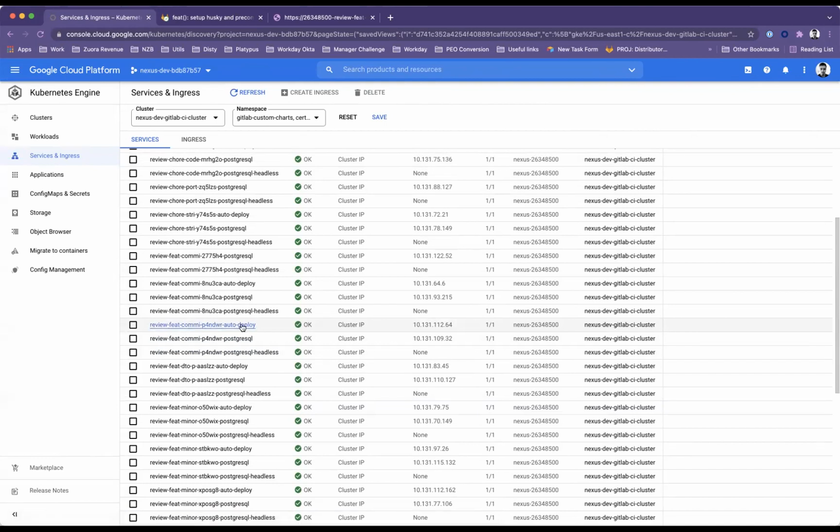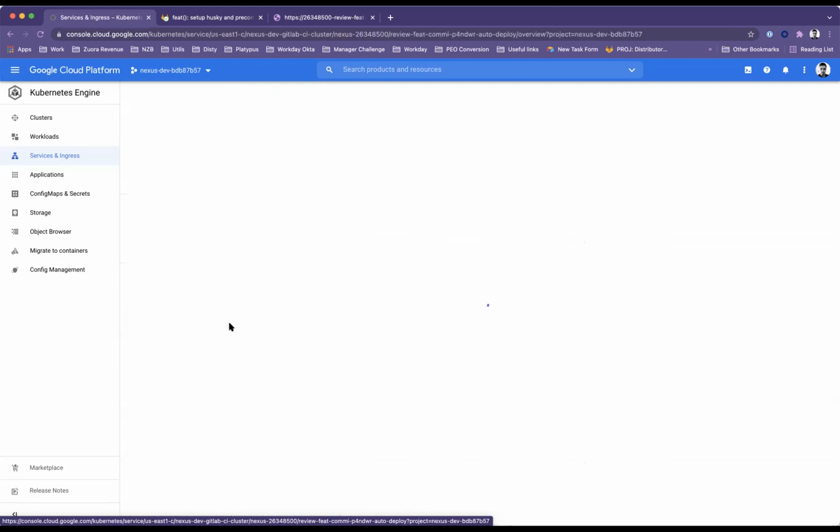Anyway, the one that you want to look at usually is the auto deploy one. There's generally 3 with every service, so with every deployment. There's a PostgreSQL one and then a headless Postgres. I don't know what the difference is, but the auto deploy is the actual app pod, or app service. So if we look at that one,